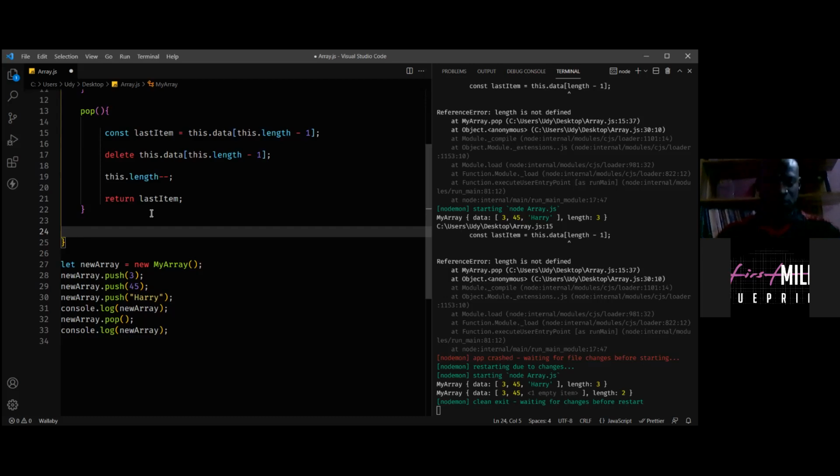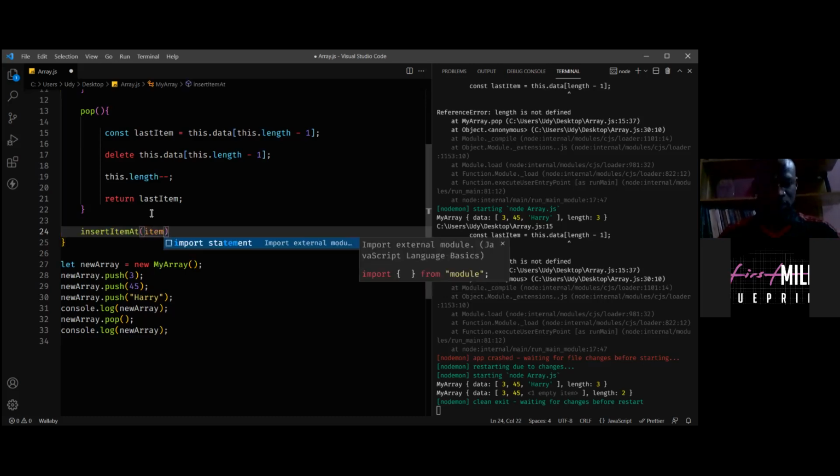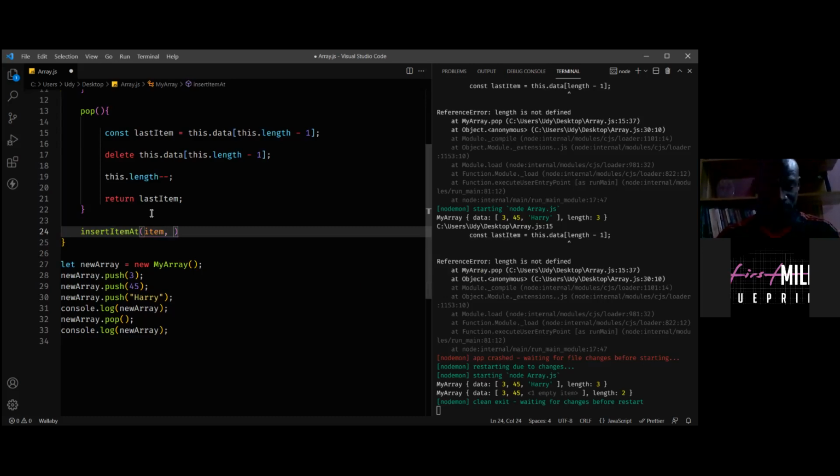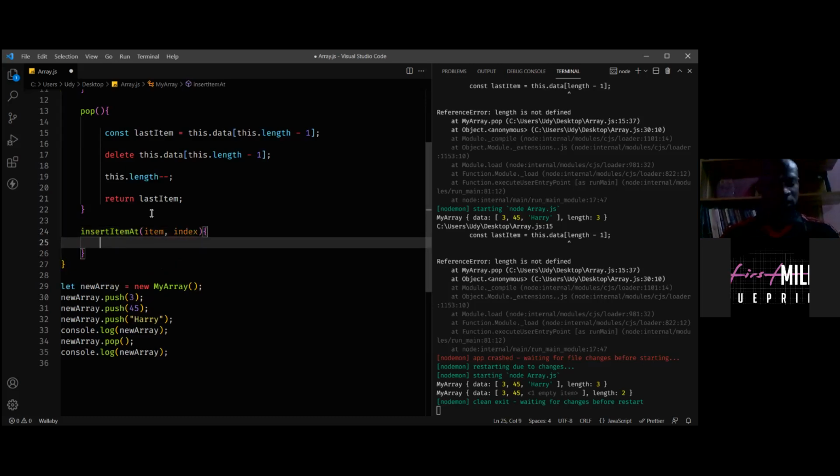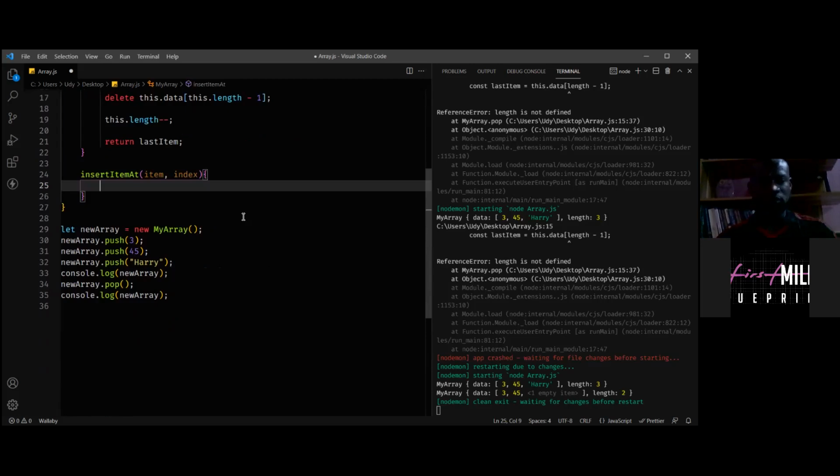We can now say insert item at, where we take the item that we need to insert and the index where we should insert it. For that, we have to go through the array from the first index, index 0, to the last index. That means we have to loop through it, so we use a for loop.